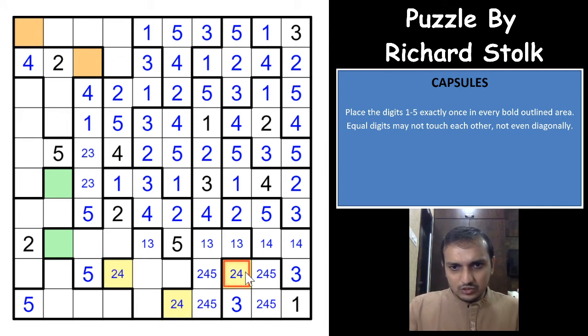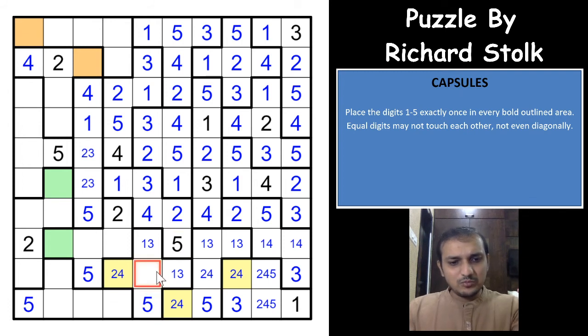That's nice. So which means that 5 would have to be in these 2 cells. A 5 here eliminates 5 from this cell, so 5 can only be in this cell, right? That's nice. Because of the 2, 4 pair here, you cannot have any of the 2's and 4's here, right? Because this region cannot have a 2 and 4 anywhere. So this cell cannot be a 2 and 4. It cannot be a 5. So this cell would have to be 1 and 3. You have a 1 and 3 pair. So 5 in this region will have to go here. Awesome. So this becomes a 2 and 4 pair now.